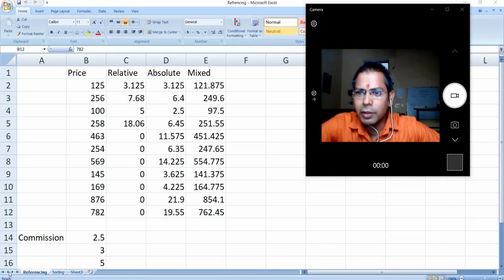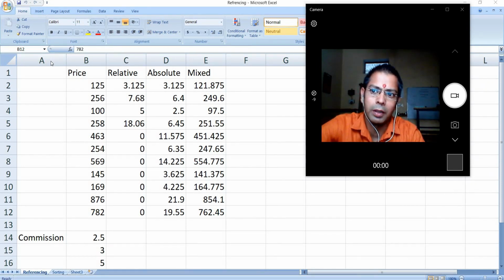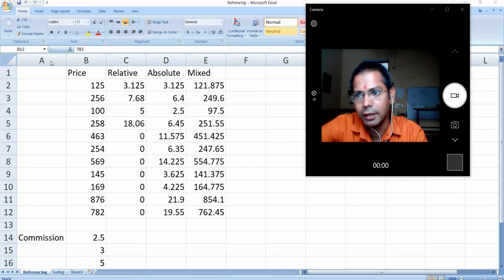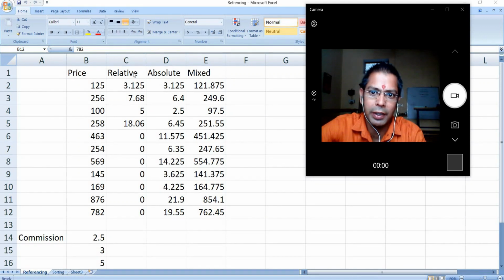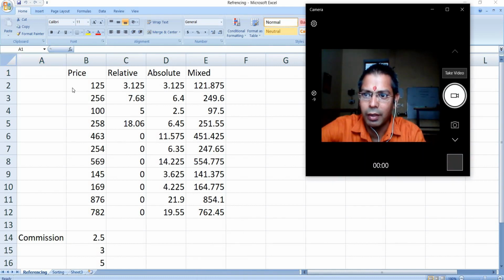Here you can see on the screen there are so many; I am showing you through the movement of the mouse. You can look and understand: A, B, C, D, E are the columns, and the row numbers are 1, 2, 3, 4, and so on. It is the very first cell, A1.